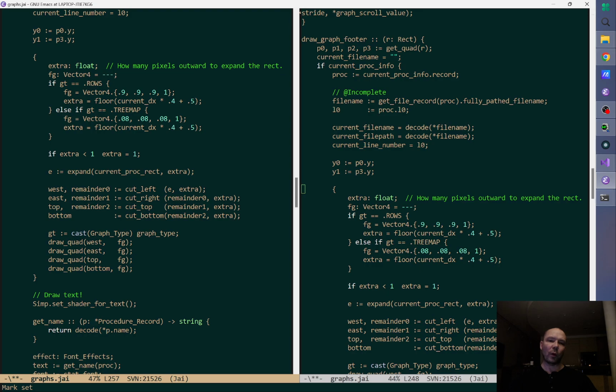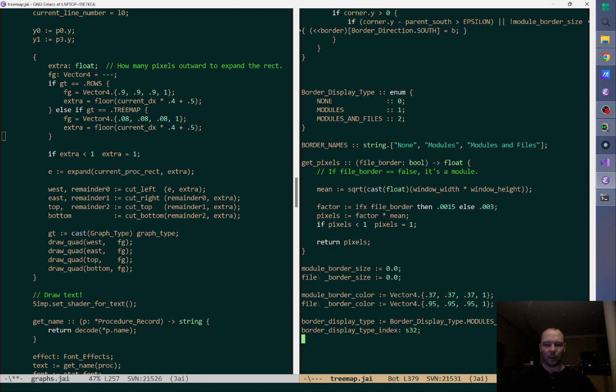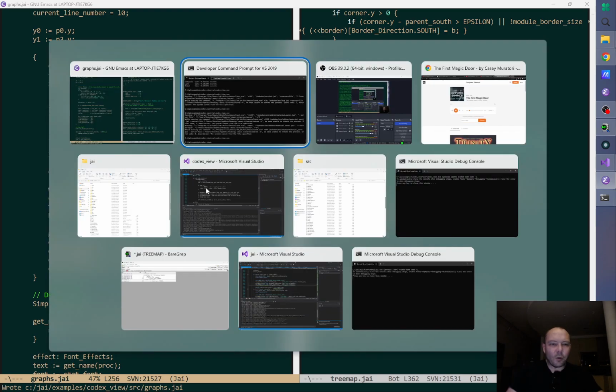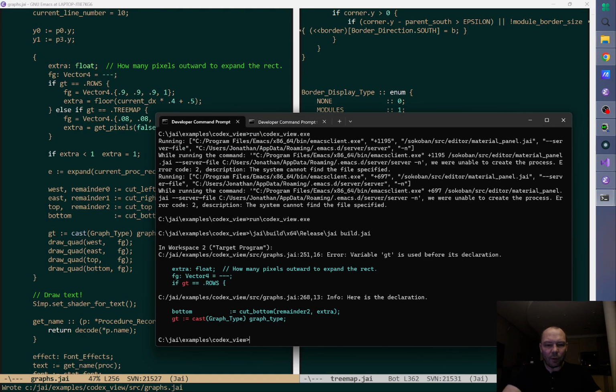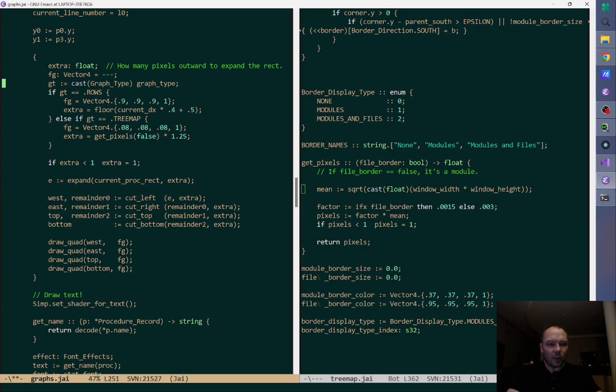I mean, I don't know. What do we want it to be for tree map? I think just, how about get line, right? We had get pixels of, for the module border width. I don't know, that's just how I feel, right? GT, oh, we didn't, here we go. GT,